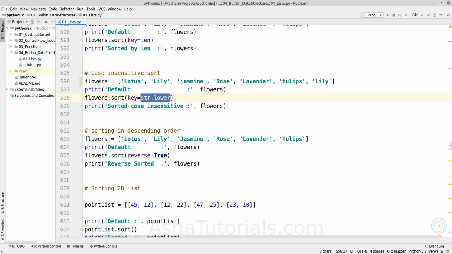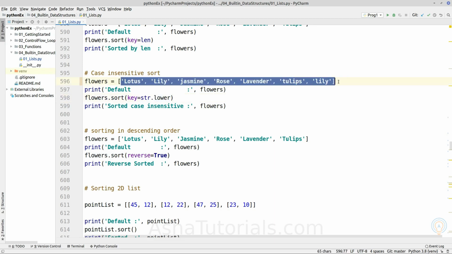Okay, so as all the elements are string, we can provide any method of string here, which will take one value and return one value. Okay, so here lower will return a lowercase string, so it will perform sort operation in a case insensitive manner.